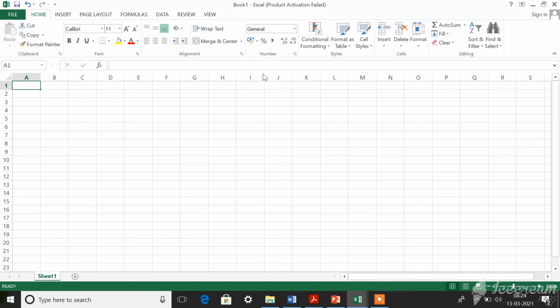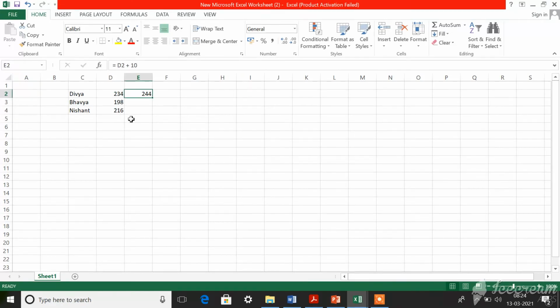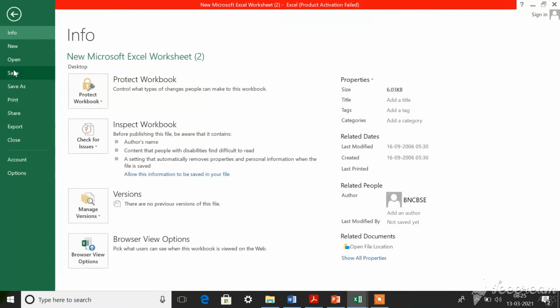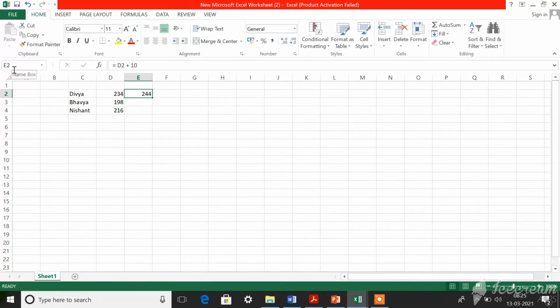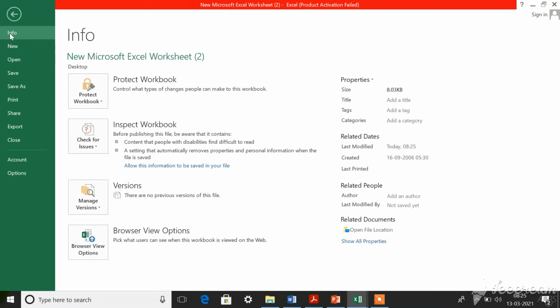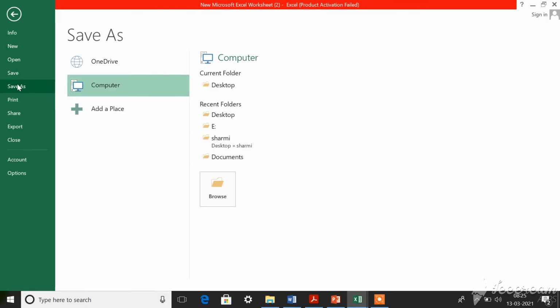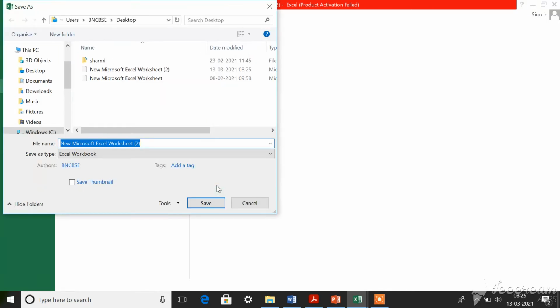So now I have opened this, so I am opening again. When you double click on that particular worksheet, that will be opened immediately. Okay, so if you want to save a worksheet, click on file tab, save option and save as dialog box. If you're saving for first time, click save. If not, click save as. Then you can click on browse. Your save as dialog box will open, then click save.